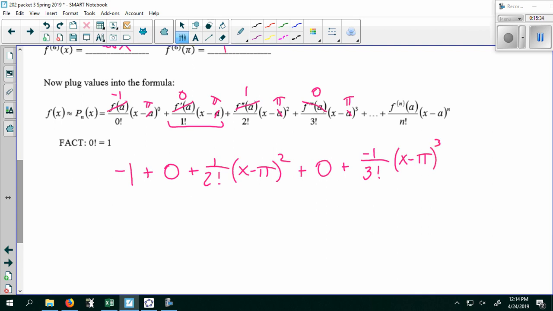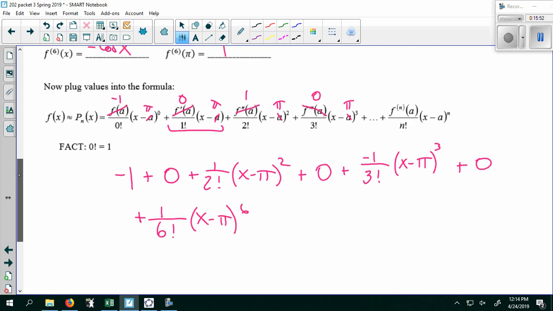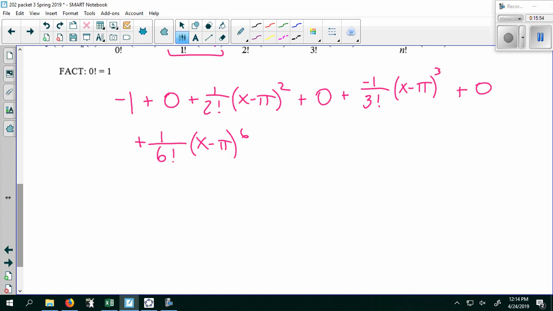And then my next term is going to be 0, the fifth derivative. And my last term, sixth derivative at pi is 1. So this is 1 over 6 factorial times x minus pi to the 6th. So I don't really need to write these plus zeros. So I'm going to do -1